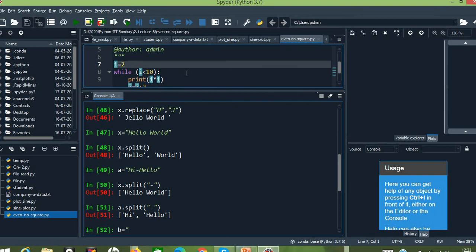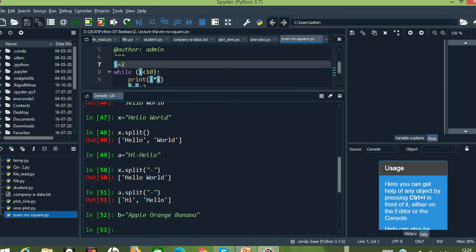So let me go for apple, orange, banana, right? So here I have totally 3 substrings. Since in string we will be starting the index from 0, I have 0, 1 and 2, right?